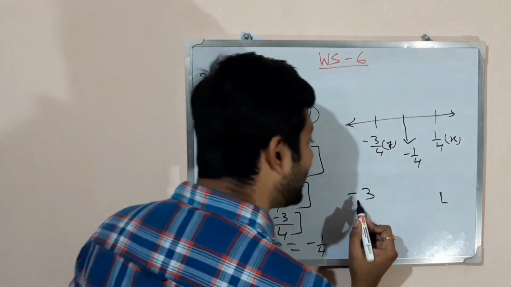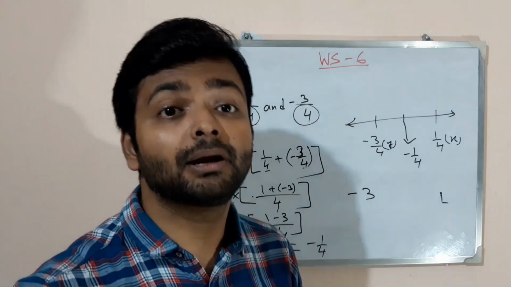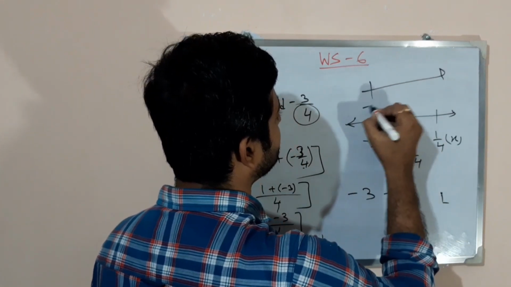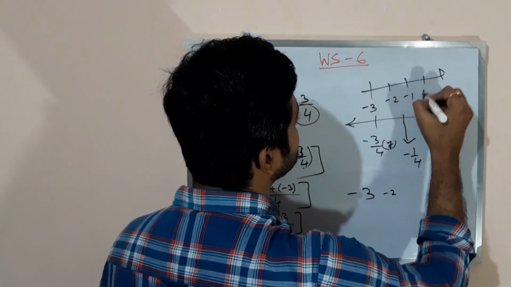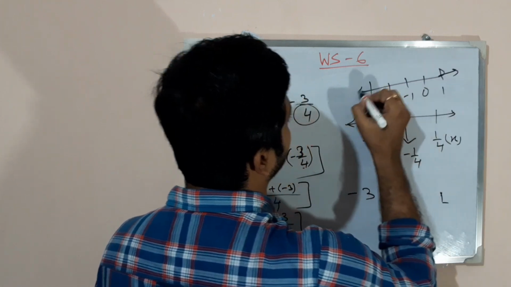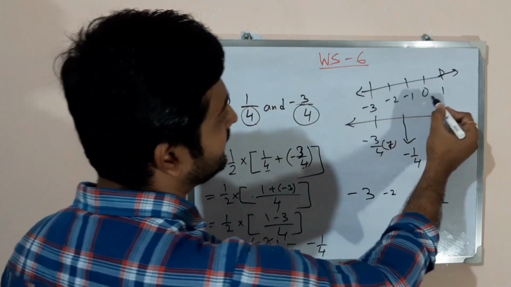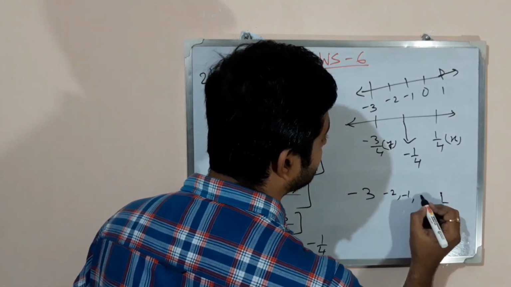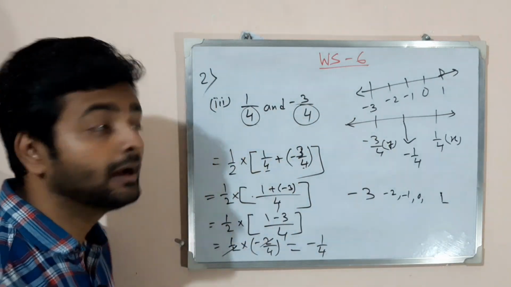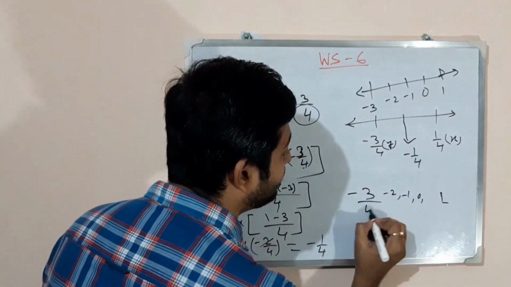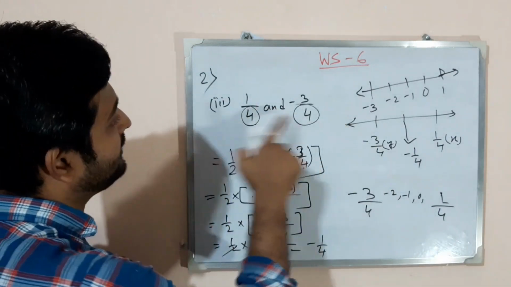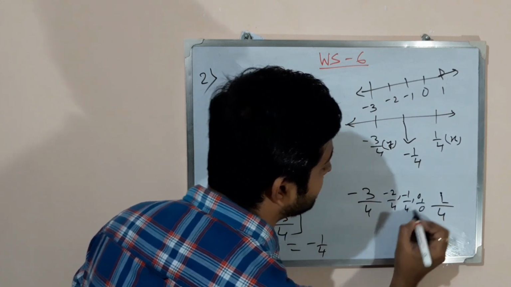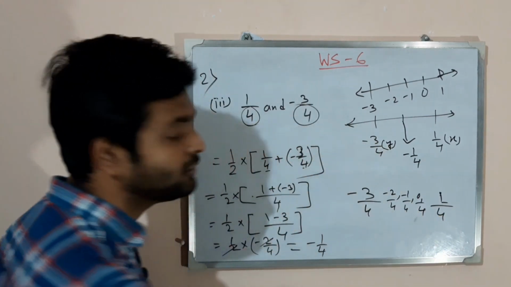So now tell me, in between minus 3 and 1, how many integer numbers you will get? Chalo, draw it. Minus 3, that is minus 2, minus 1, 0 and that one 1. You can know 0, minus 1, minus 2, minus 3 and right side 1. So in between how many numbers you will get? Minus 2, minus 1, 0, these numbers you will get, no? Now what to write? Simply 4 write down here as the denominator, or divide by 4 I have done. So here also same thing, minus 2 by 4, minus 1 by 4, minus 0 by 4, sorry, 0 by 4.